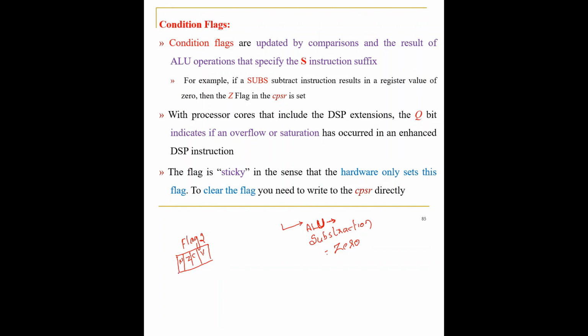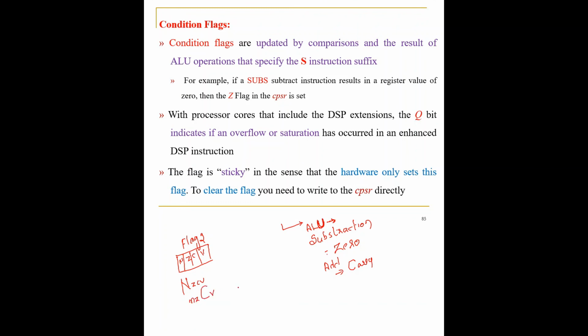register, it will be like this: N, Z, C, V. N will be in capital, and Z, C, V will be in small letters, or it will be indicated using the small letters. That is what this conditional flag is all about. Suppose you have done an addition operation and it has generated a carry. So if carry has been generated, then this will be like this: N, Z, C and V.